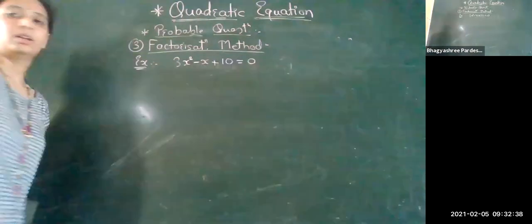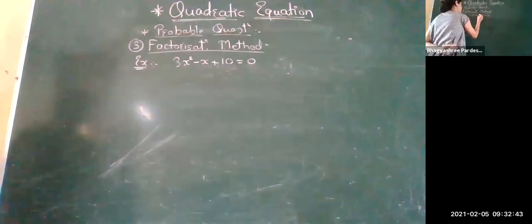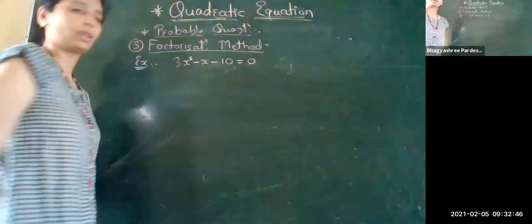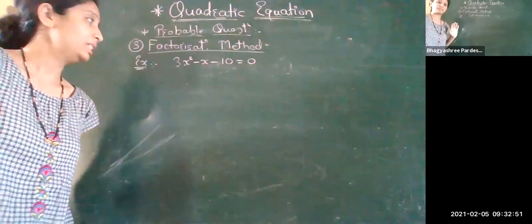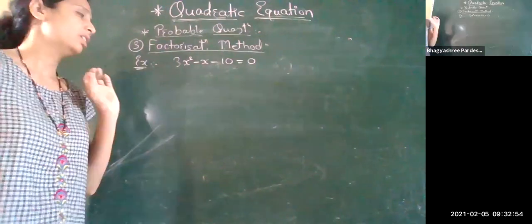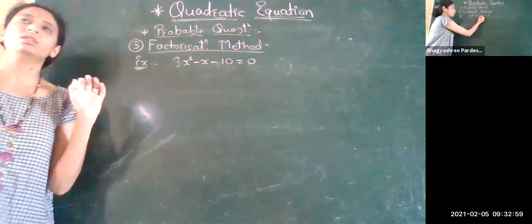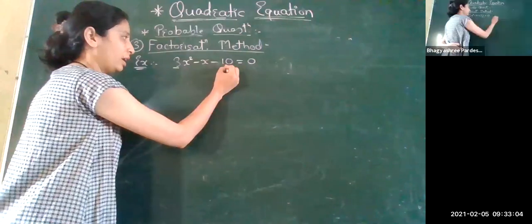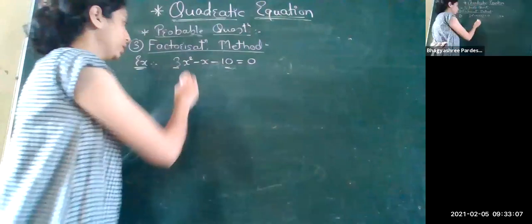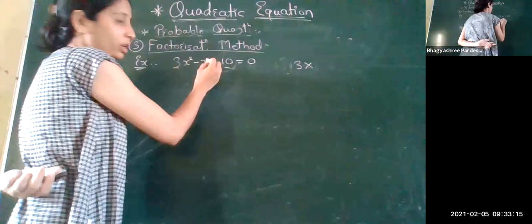Okay, so this is a simple equation, that is 3x square minus x minus 10 is equal to 0. Now this is a quadratic equation, and we have to solve this with the help of factorization. So what is this factorization? Just pay attention, students. What we have to do here is multiply the first and the last terms. So 3 multiplied by, what is our last term? Yeah, this is minus 10. Focus on the sign also. It is minus 10. 3 into minus 10. What did we get here? Minus 30.